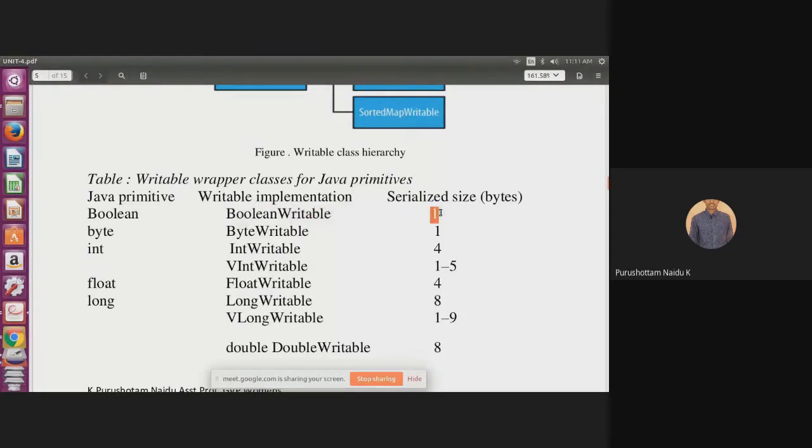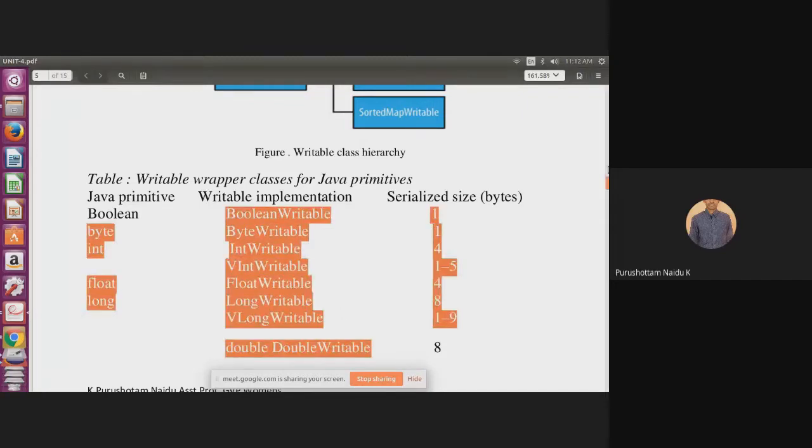The size is the same as in Java. So if you want to use int type of data in the MapReduce model, we use IntWritable or VIntWritable, FloatWritable, LongWritable, or DoubleWritable. These are some of the data types we use in MapReduce. We discuss this in depth in Unit 4.